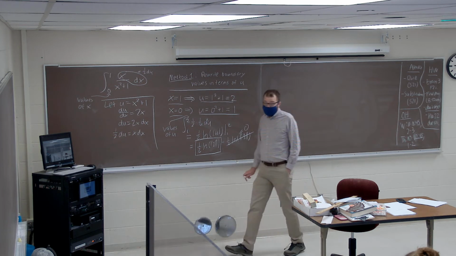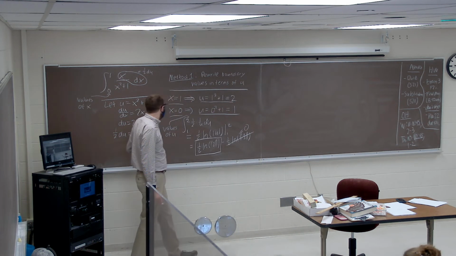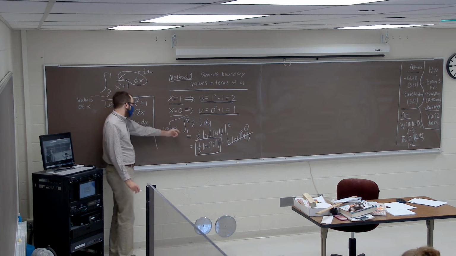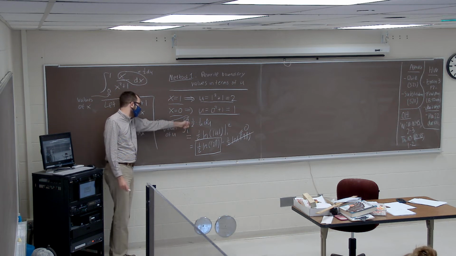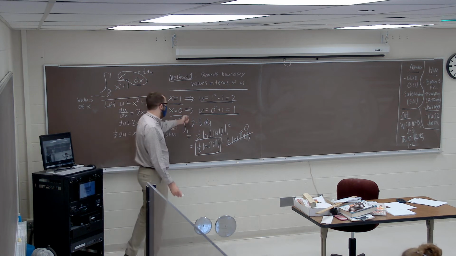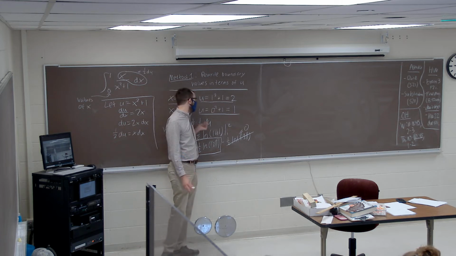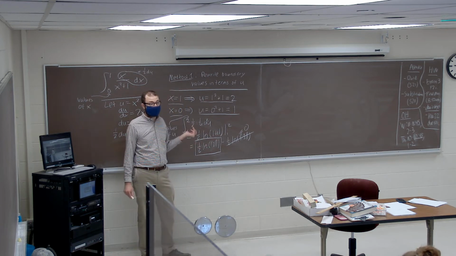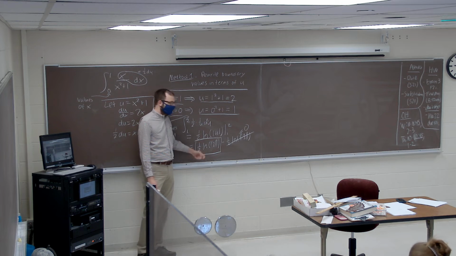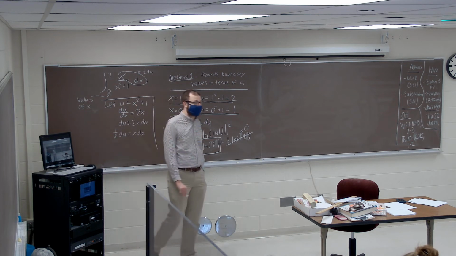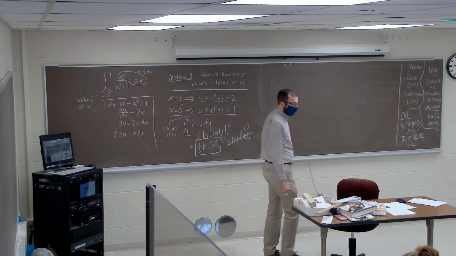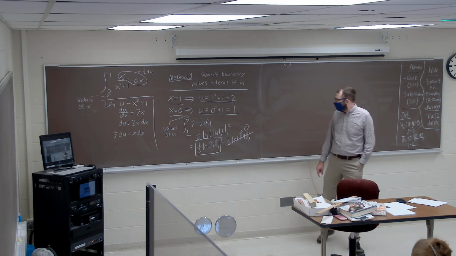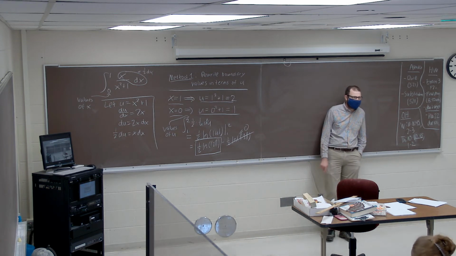So with this method, we converted everything in our integral to be in terms of the variable u, including our boundary values, so that when we take an antiderivative, we could just plug in those u values and subtract to get our final answer. Any questions or comments about what went on here?